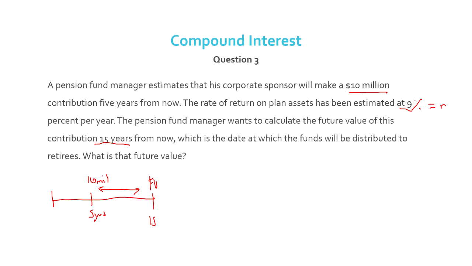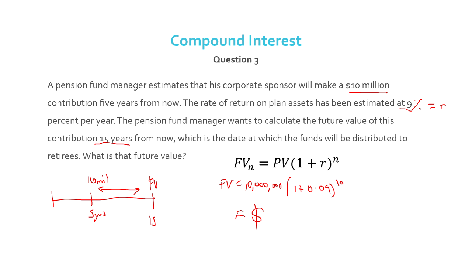It's always helpful to physically draw out a quick timeline and see what's happening with the cash flows. So we have our trusty compounding formula that we're going to use. Our future value is equal to 10 million, which is our present value, I guess, working out of t equals 5, multiplied by 1 plus the rate of 9%, and we're compounding it for 10 years. That's going to give us a figure. It should be just over 20 million. If you put that in the calculator,